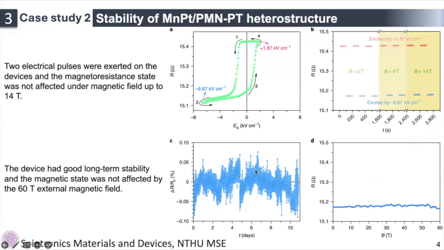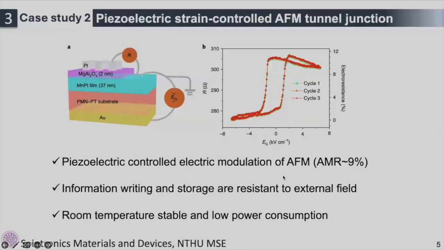In addition, they applied an out-of-plane pulse field up to 60 Tesla to the low resistance state and observed a resistance variation of 0.1%. And these results indicate that the information in this memory device was not destroyed even by a 60 Tesla magnetic field. So in this paper, they demonstrated using the piezoelectric material PMN-PT to modulate the resistance of the manganese platinum